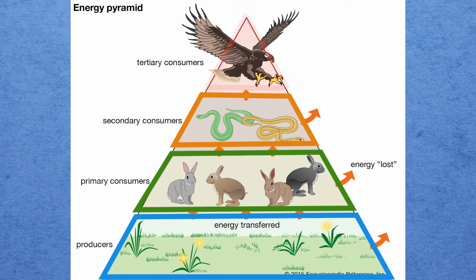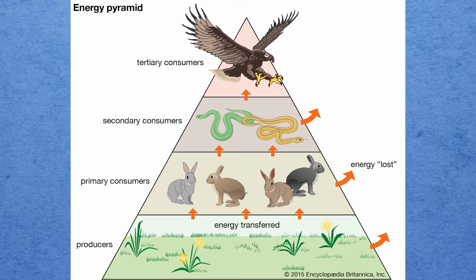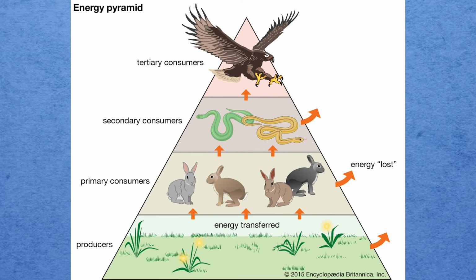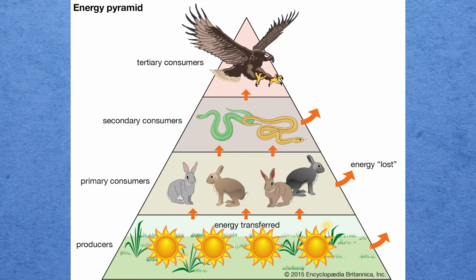Each section on the pyramid is what's known as a trophic level, and the amount of energy available in each trophic level decreases as you go up the pyramid. That's because when you eat something, you don't convert all of the energy in that food into energy for yourself. Eating is inefficient. So when you look at an entire ecosystem, plants have the most energy since they make food